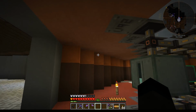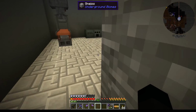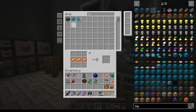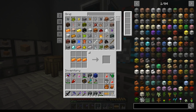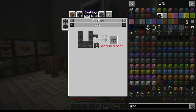So the next thing we need to do is now make this room look like a reactor. I think we're going to be using some factory blocks. We'll use some of this. We're going to definitely use cyan clay again, because that's kind of the theme. And we need some glass of some description. Tinker's clear glass might be the answer. I don't think we can do much else with that other than